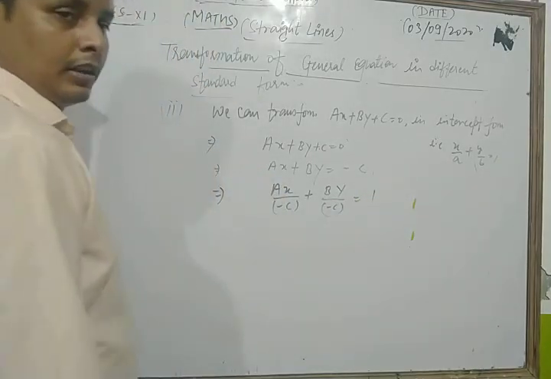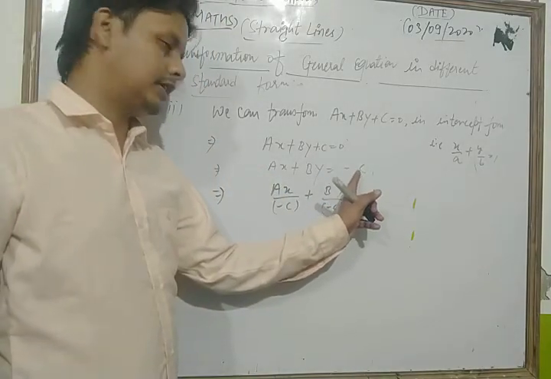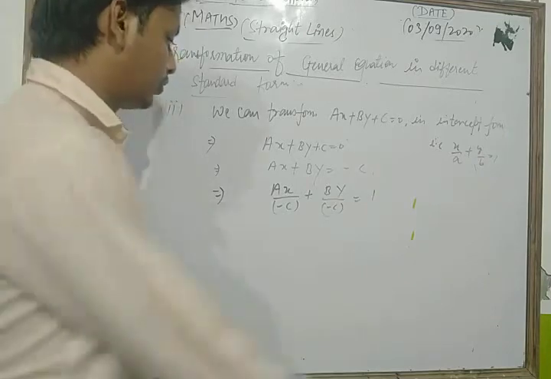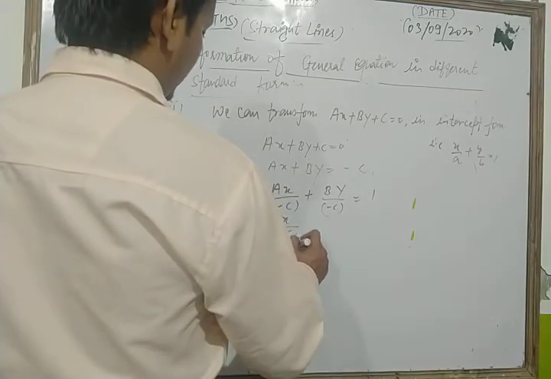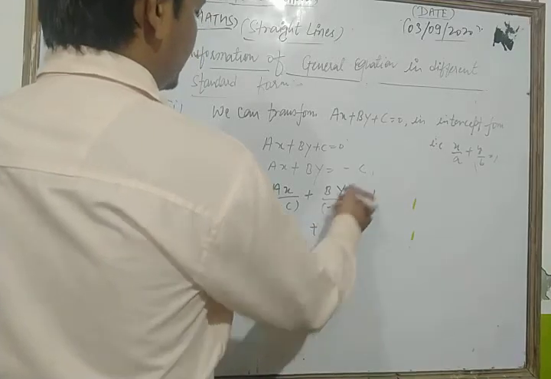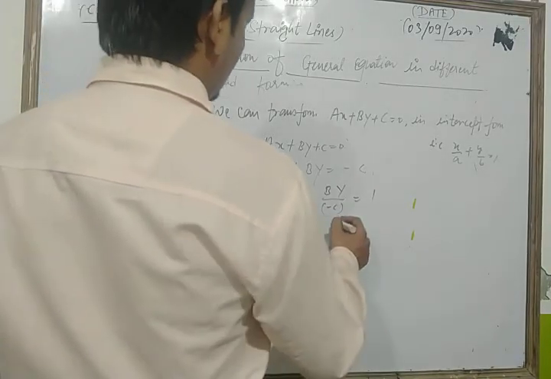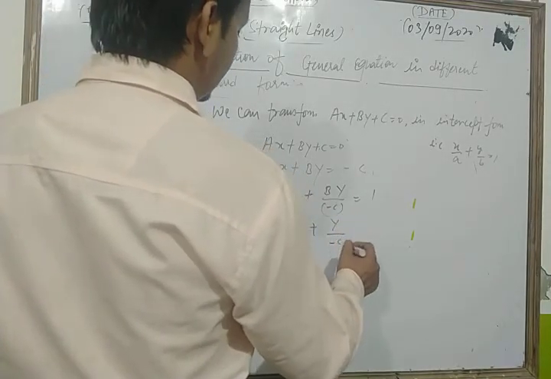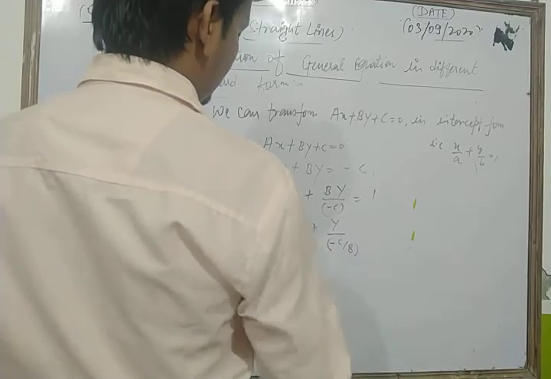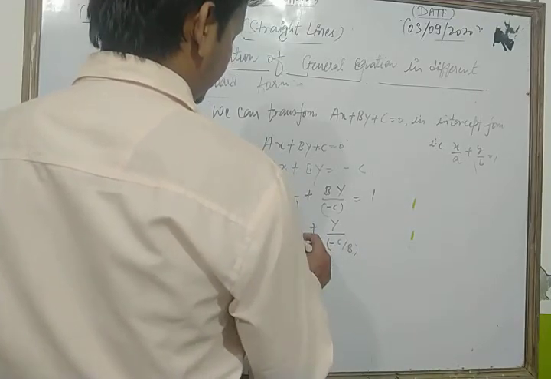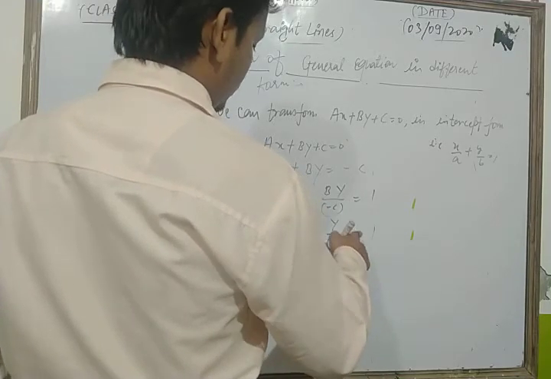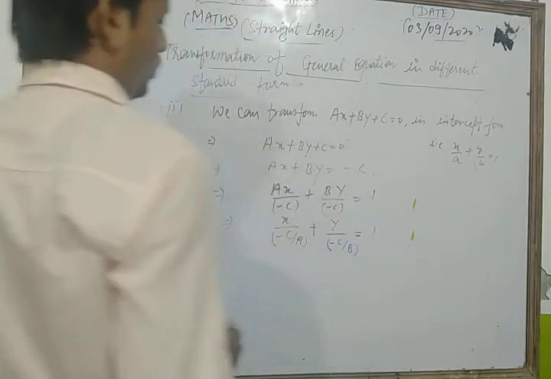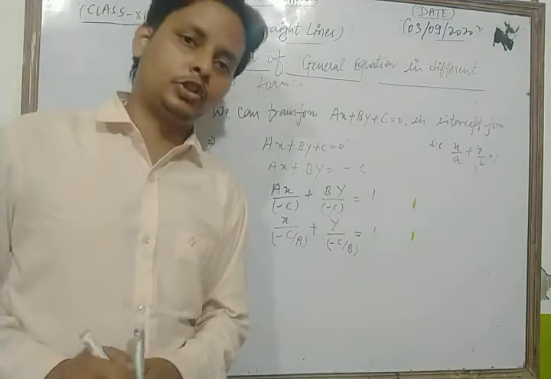Now look what I do. We can write x upon minus c upon a plus y upon minus c upon b is equal to 1. Okay, dear students, in this way